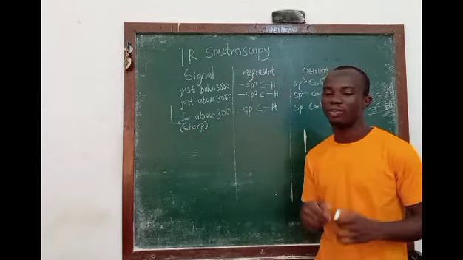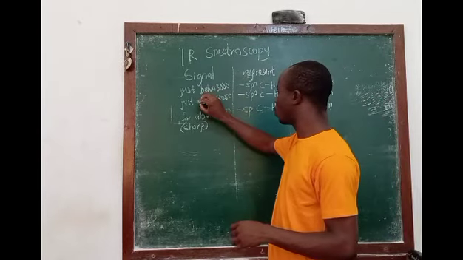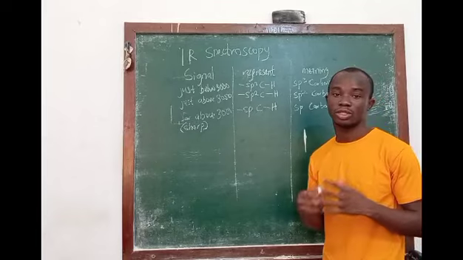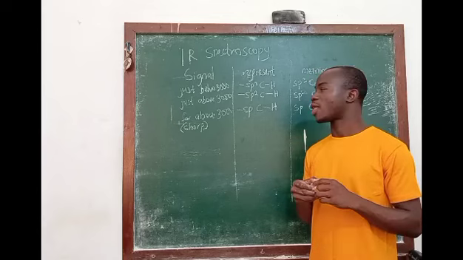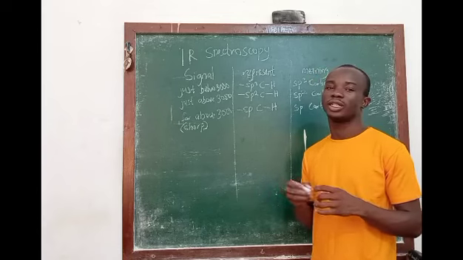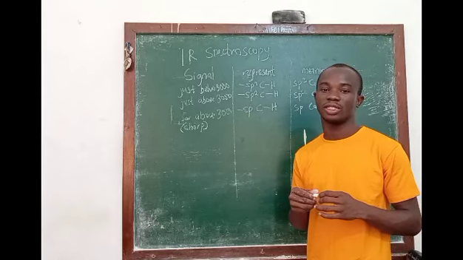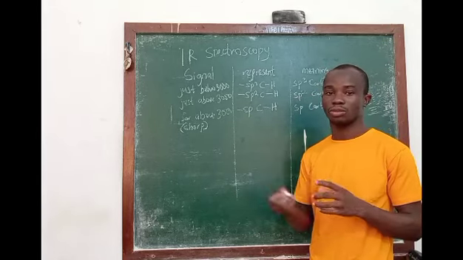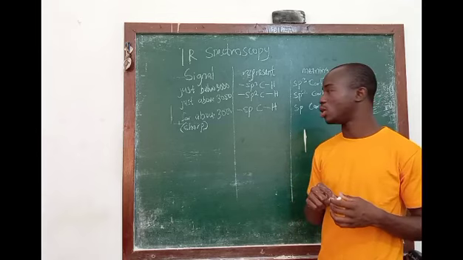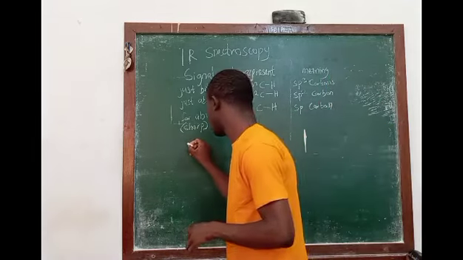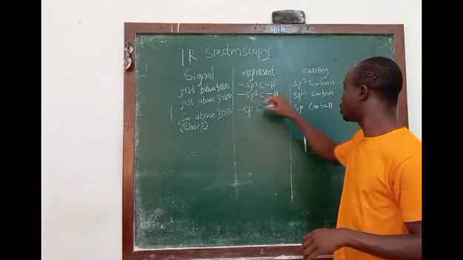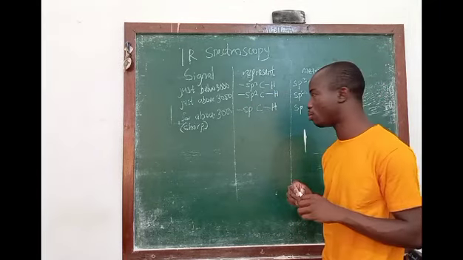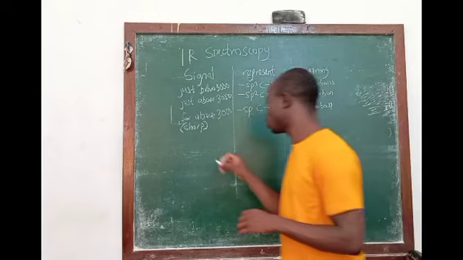So the signal for above 3000 should be very sharp, because you can have a lot of signals for above 3000. Now, there are different means by which you can always confirm whether what you have here is true. So if you see a signal just above 3000, and you want to check if certainly it is an sp2 carbon, a carbon that has a double bond, there's always a signal you can check out for. You can always confirm a signal just above 3000, which represents your sp2 carbon being present in the compound, by looking for a signal